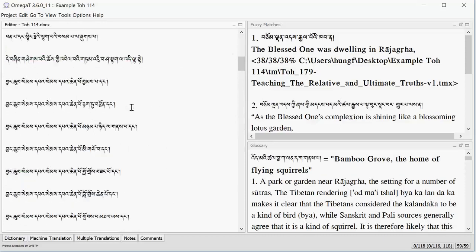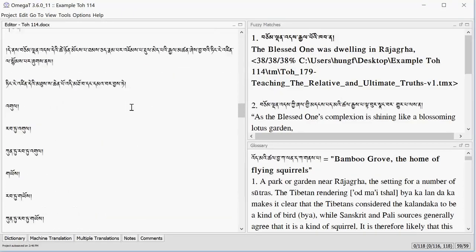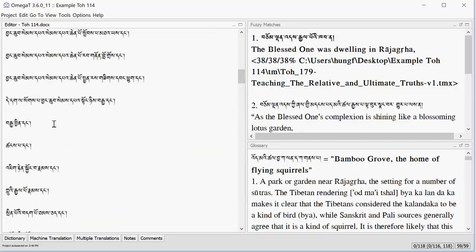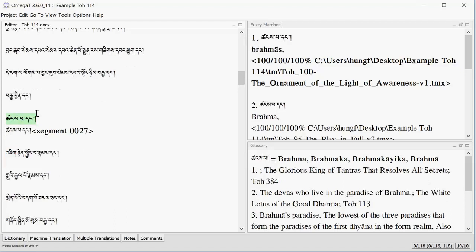So in general, the segmentation rule that we set up has worked pretty well, except when we get into these lists. And sometimes, as we know in Tibetan, you'll get these segments like Gyachindang, Tsangpadang. This is Chakra and Brahma in the assembly, and we already have these gods as glossary terms. So it's not really necessary to create TMs for these two tiny segments. I mean, it's not a problem if we do. It's fine if they're in there, but